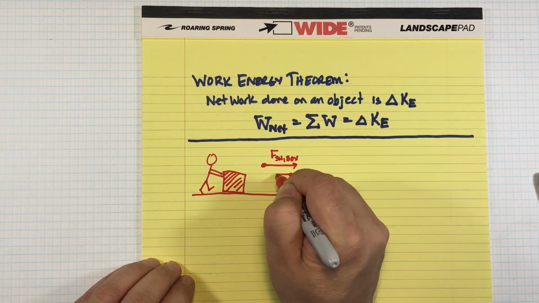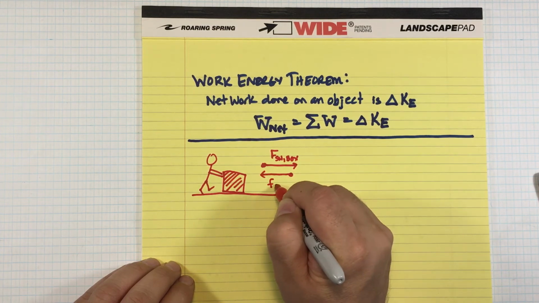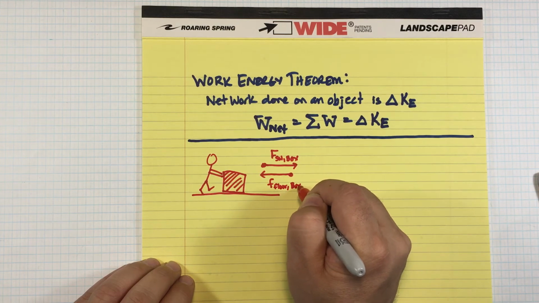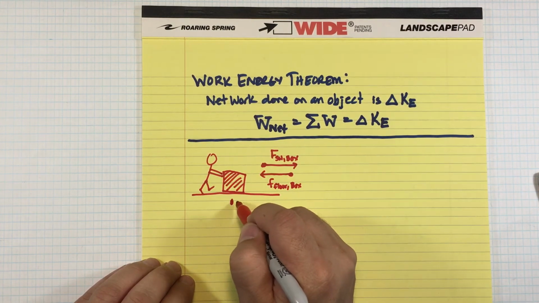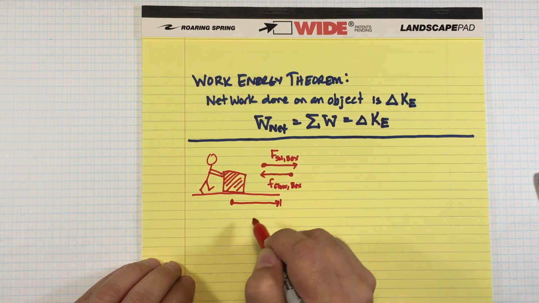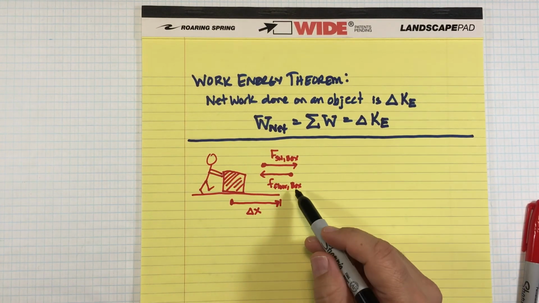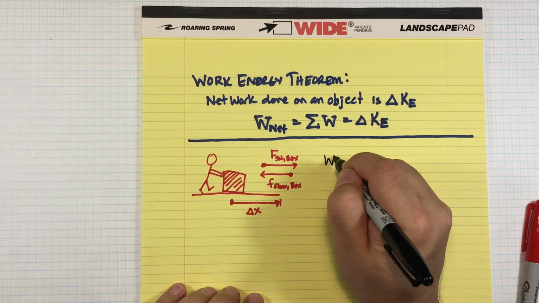There is a force of friction of the floor on the box. And the overall distance that the box travels is some displacement delta x. So in this case, the net work, the sum of the work done by this force plus the work done by this force